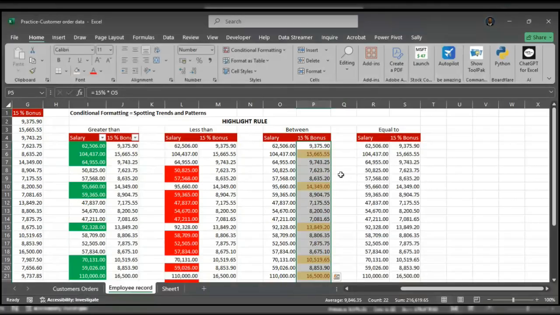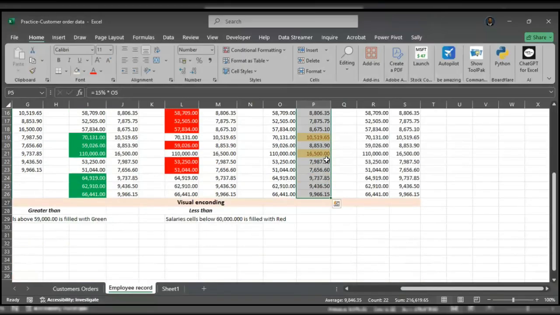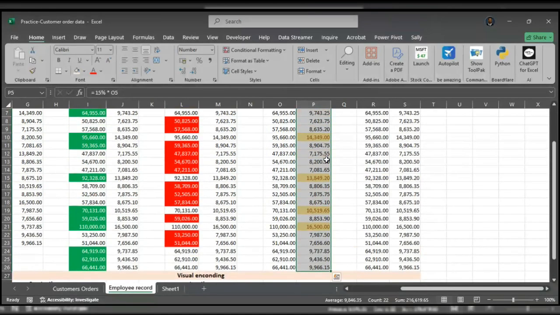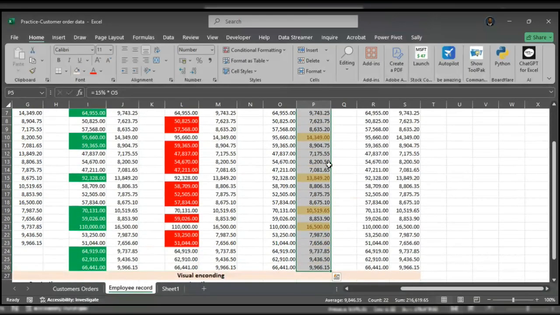So you see that gives us a cell highlight for cell values that are between 10,000 to 20,000. What does it mean? It means that once it's 10,000, 10,001, 10,002, 10,003, till about 19,900, then it will show us, right? Between means that, but if you say within, that means you are looking for 10,000 to 20,000. But if you say between, that means the 10,000 is the minimum value, while the 20,000 is the maximum value,